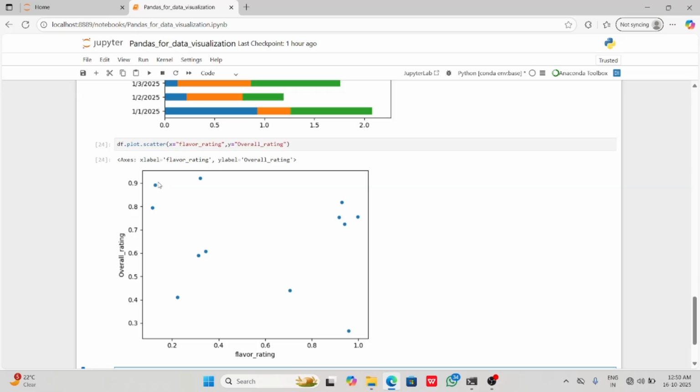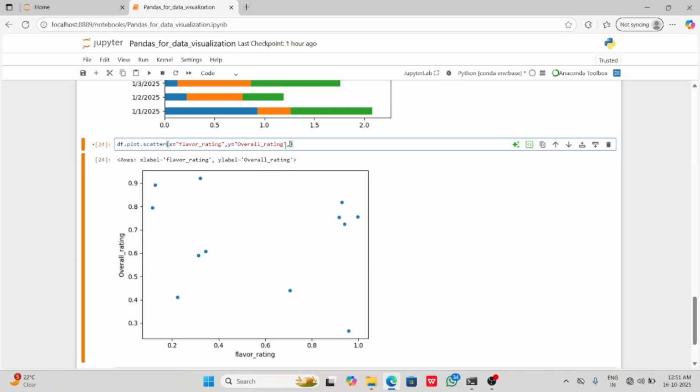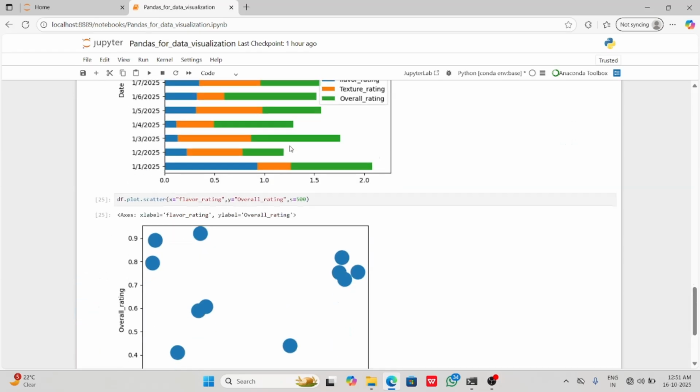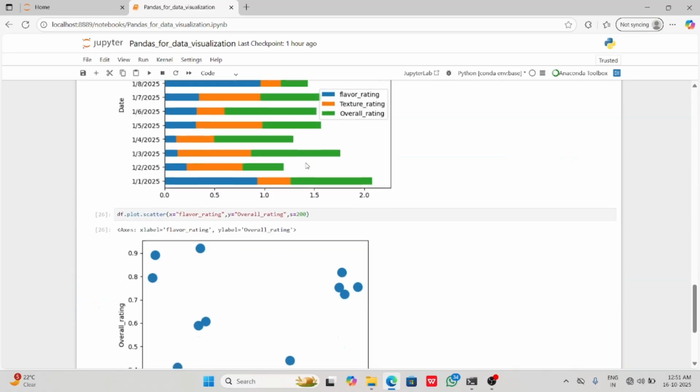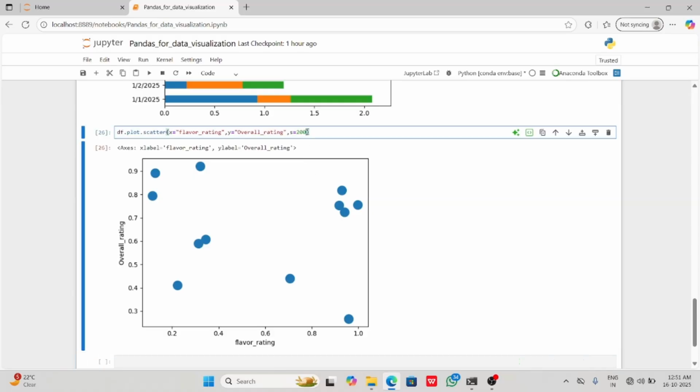your points size is very small, right? If so, Pandas also provides s as a size parameter. Here you can write the size of your points, like you can increase the marker. For example, I want to increase the marker size to 500. If I run it, you can see your marker size is increased, right? Now this is too big, so I am decreasing it to 200 so that you can see that, right? So the s parameter is representing the size of your marker,